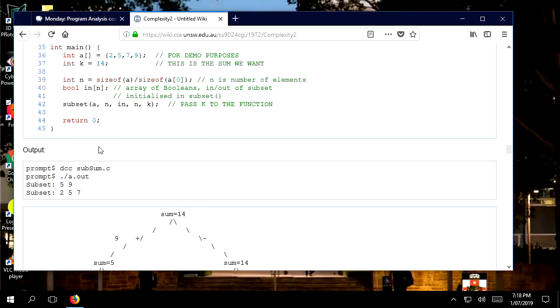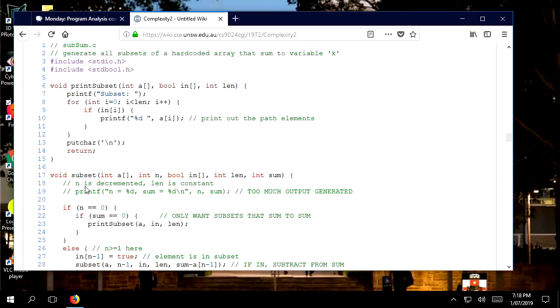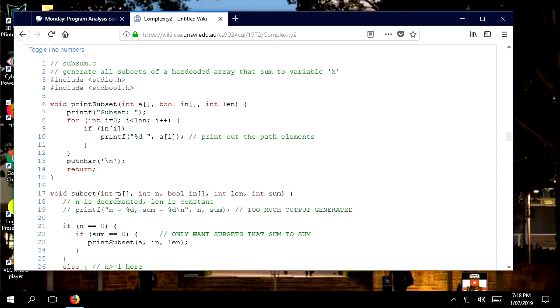Okay, so DCC, I call it subsum, subset calculation with a sum, a.out, and it came back with... I took the debug off, was the one thing. You'll see that comment there, I thought I'd leave it in, because if you want to cut and paste it, you see the n is decremented, the len is constant. I don't want to forget that, so I don't forget what those things are doing. But with the printf, too much output is generated. Even when I got 4, I had 15